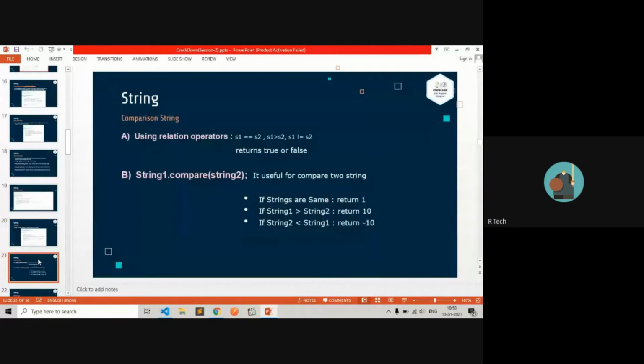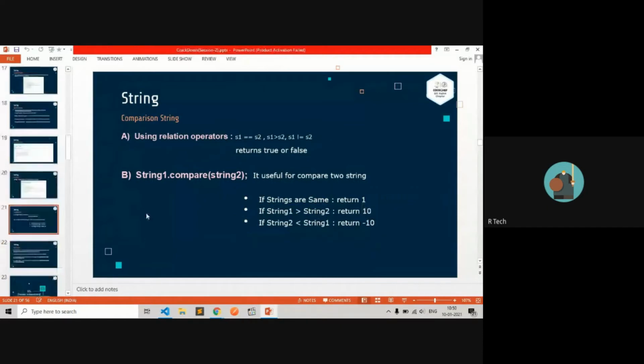After that, comparing strings. To compare strings, just use comparison operators. It will return 0 or the index of the differing character. You can also compare with greater than or less than operators.